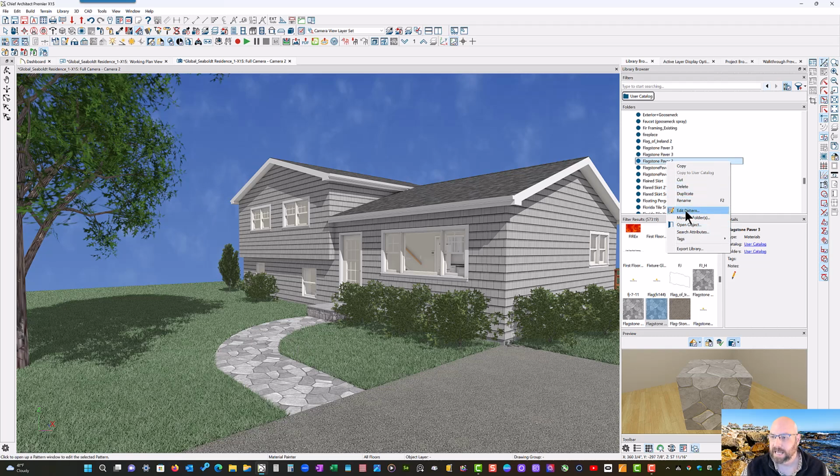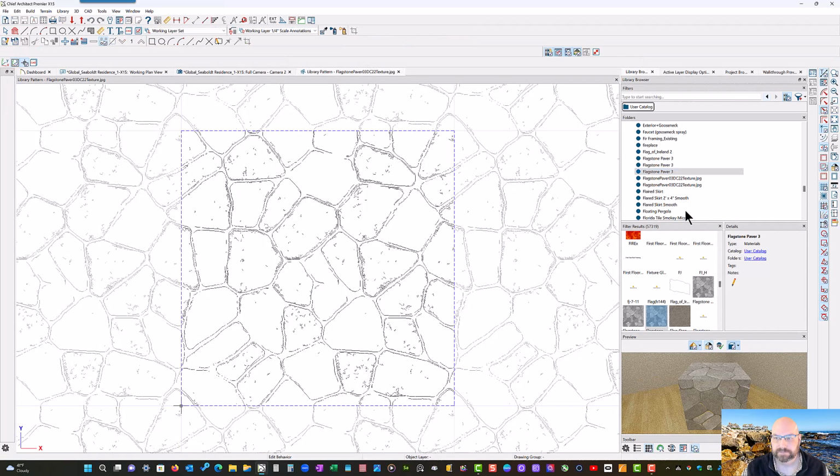So if we click Edit Pattern, it's now going to open in the new pattern window where you can create patterns, but you can also edit patterns. And I know Tim showed one of the things I had mentioned where you can drag an image into this and then you can trace over it. Well, this is another option where you can take it, create it from an image, bring it into here. Now I can clean this up if I want to, some of these missing lines. I'm not going to do that for this video, but just to show